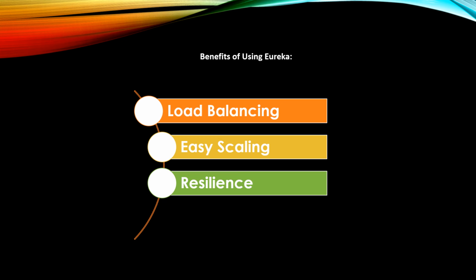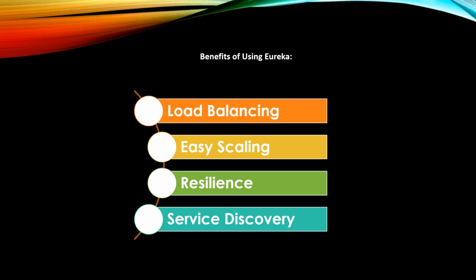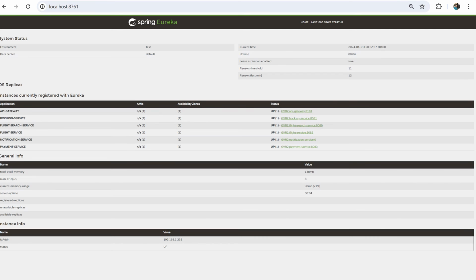Resilience. Eureka Server is built to be resilient to failure. With its self-preservation mode, it can prevent the registry from rapidly changing in case of network issues. Service discovery. It allows services to discover each other dynamically using logical names rather than hard-coded network locations, which facilitates easy communication and flexibility. And this is the dashboard for Eureka Server, where we can see all our services and how